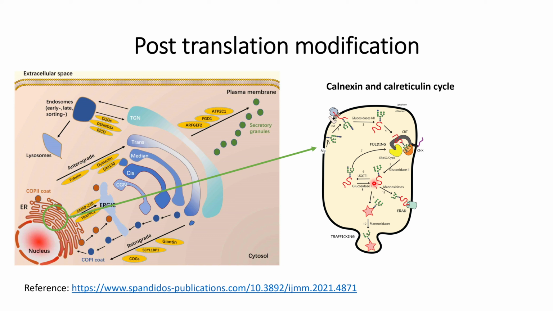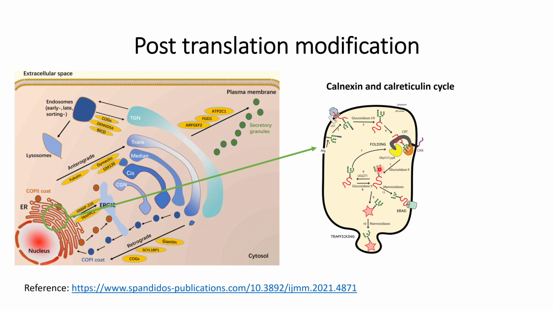If it has not acquired the native structure, then it will again add glucose to the glycan structure so that it can again be recognized by Calnexin and Calreticulin, and this cycle will continue. And even after certain cycles, when the protein does not get its native structure, the glucosidase 2